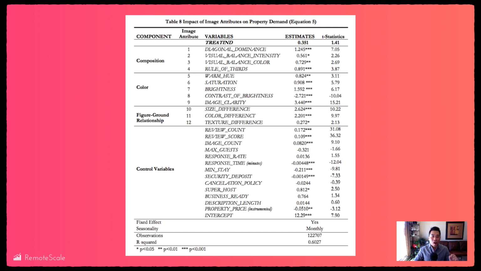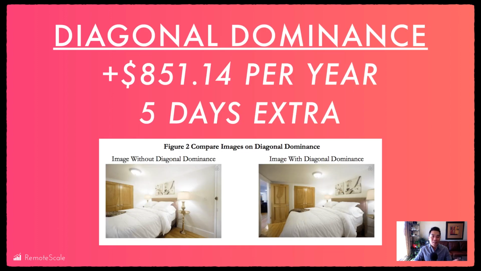Let's talk about the ones that had the biggest effect, because those are going to be very important for you. It's kind of the 80-20: what can we do that gives us a very big lift for almost the least amount of work? The first one is diagonal dominance. In the study, they found an improvement of 1 standard deviation. If you ever see the bell curve, the middle is 0 standard deviation, and if you go 1 to the right, it's basically one incremental adjustment in positivity. So with 1 positive standard deviation, they found that